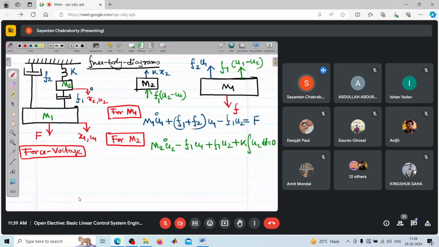Sorry. Now coming back to the force voltage analogy. To obtain the force voltage analogy, we have to represent this system in terms of its equivalent current model. So in terms of this first equation, what you can write down, see,